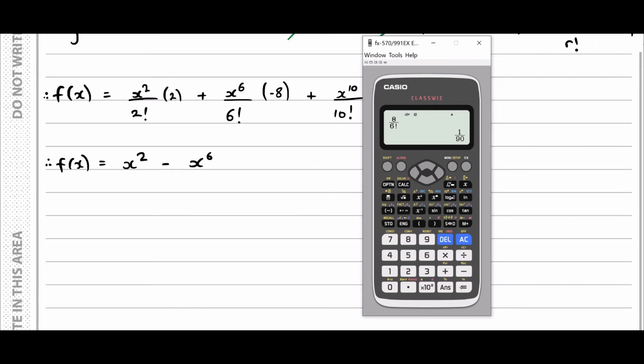So we have x to the 6 over 90, and then for the next one we have 32 over 10 factorial, which is 113400. So we have x to the 10 over 113400. So this is an approximation for